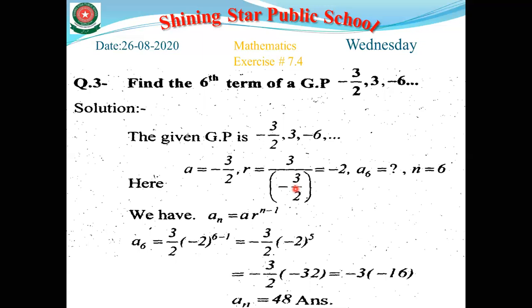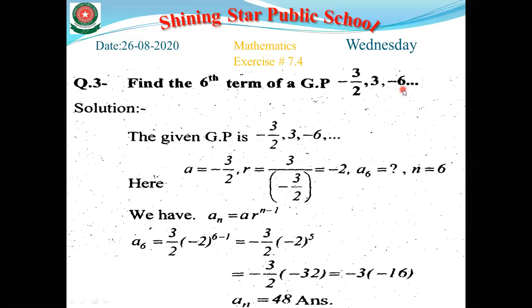We know that when we have 3 divided by 3 over 2, and we change this into multiplication, we have to take the reciprocal of this term. So it gives you 3 divided by minus 3 multiplied by 2. 3 cancels, minus 2 is your required answer. Very simple. And if you find difficulty finding R between these two terms, you can find the R between these other two terms. Simple. Minus 6 divided by 3 gives you minus 2.